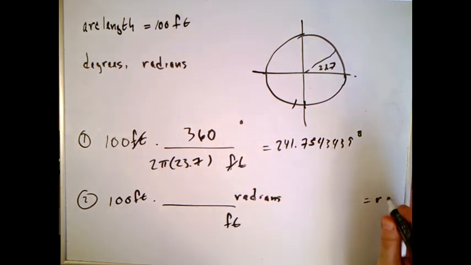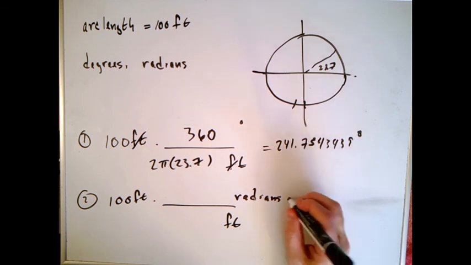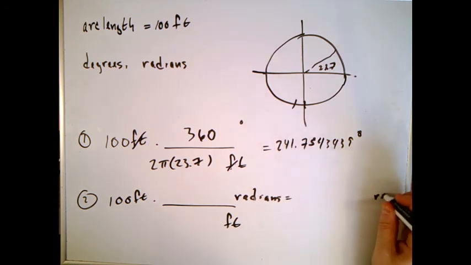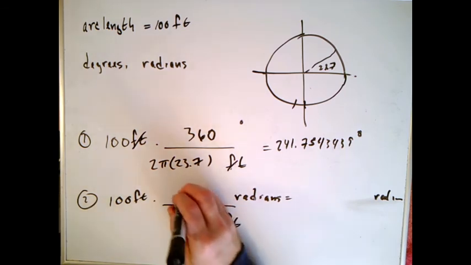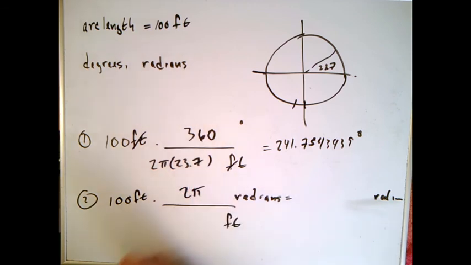And a lot of times I'll just write rads, so I'm going to write rads like this. Now, how do I do this? All the way around the circle is 2 pi radians, remember, because that's measured as distance around the unit circle. The feet is going to be feet of circumference, which is the same thing it was before. I'm going to get